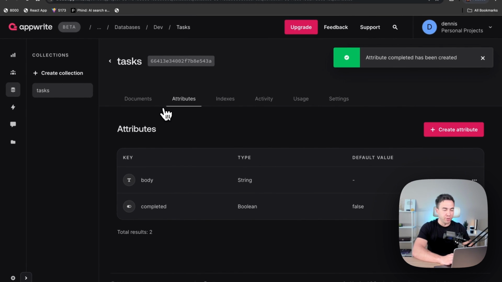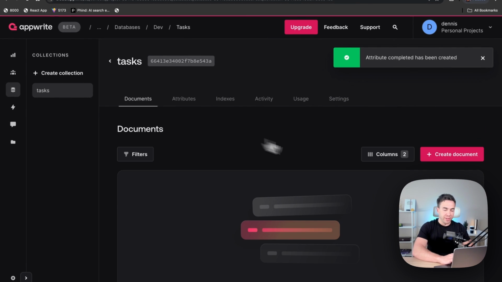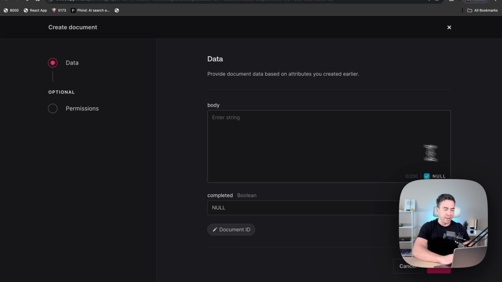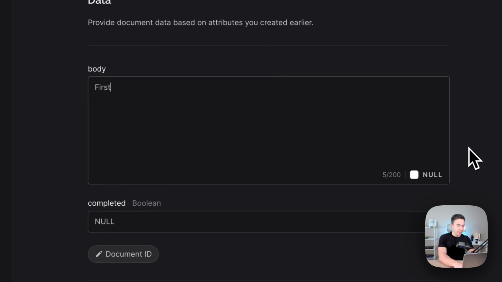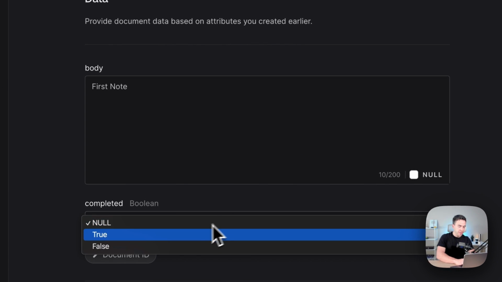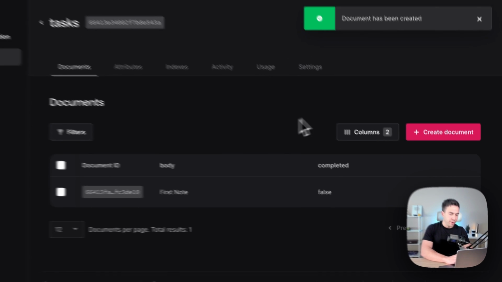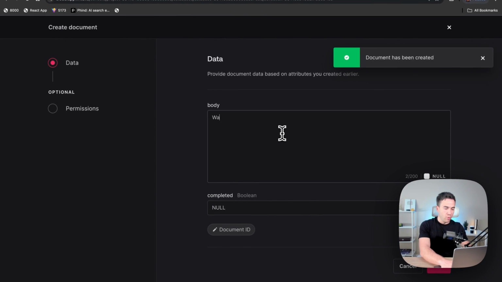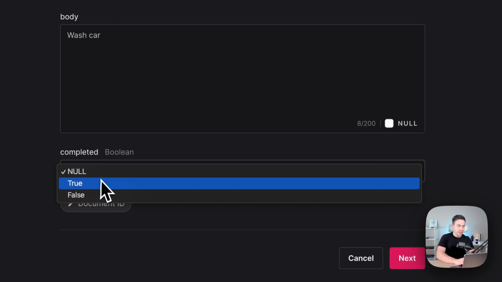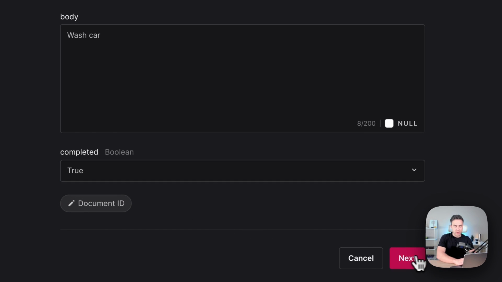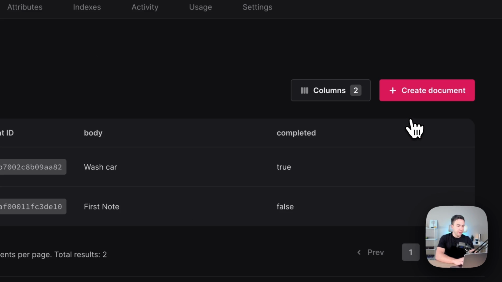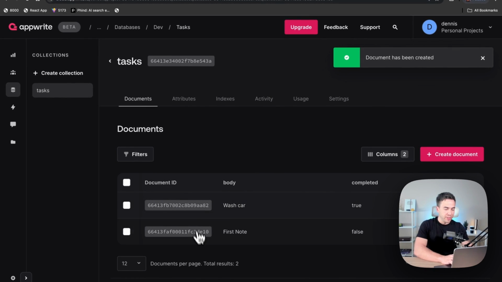So we have our two attributes, and we're going to go to documents now, and let's go ahead and create these. So for this first one, I'm just going to say first note, and the default value is going to be false here. So we'll set that, and we're just going to add another one here, and this is going to be wash car, and we're going to say this task was completed, just so when we render these out, these look different. Okay, so we have two documents here inside of this collection, and this next step right here